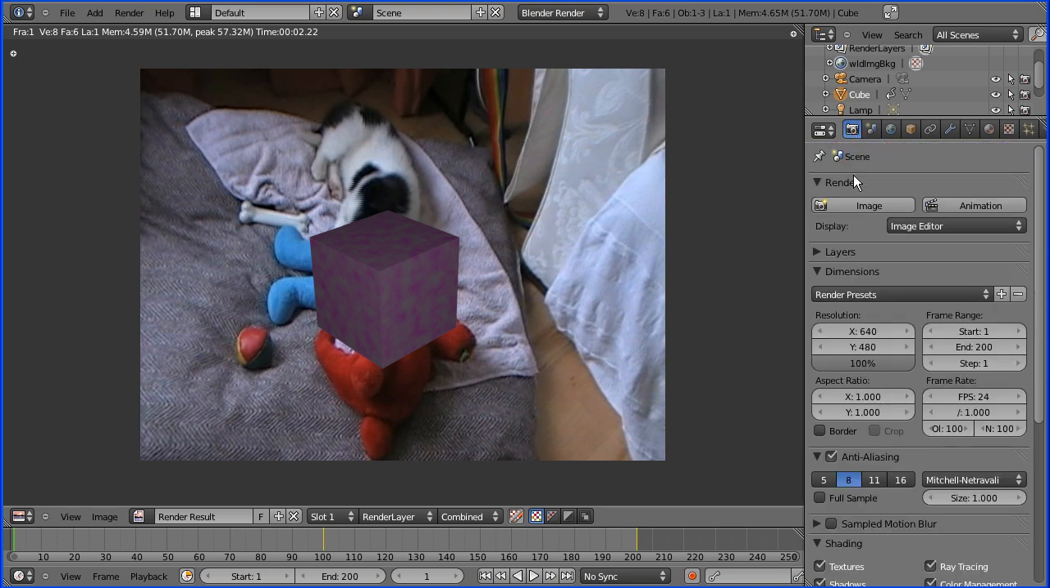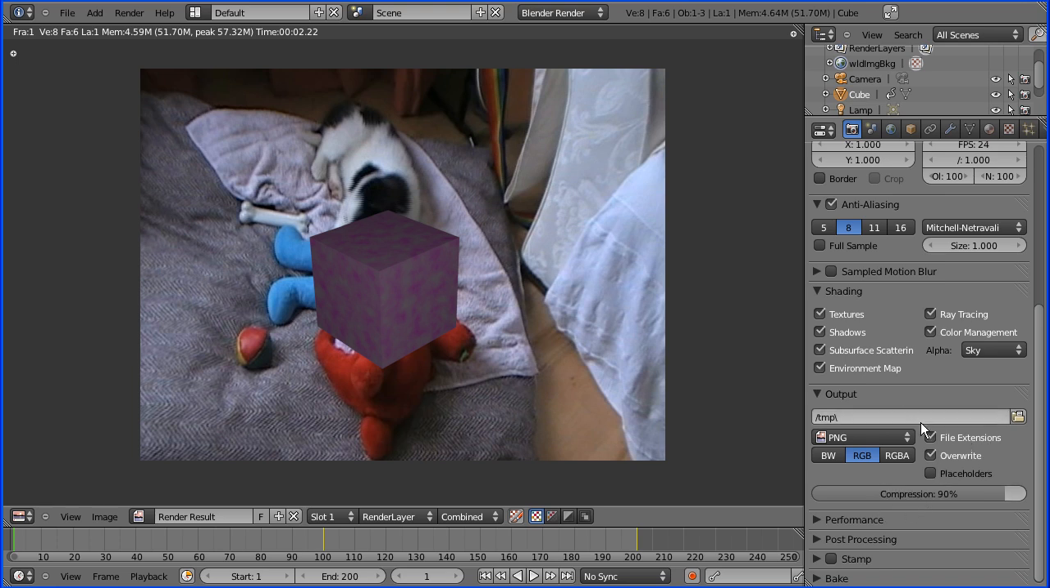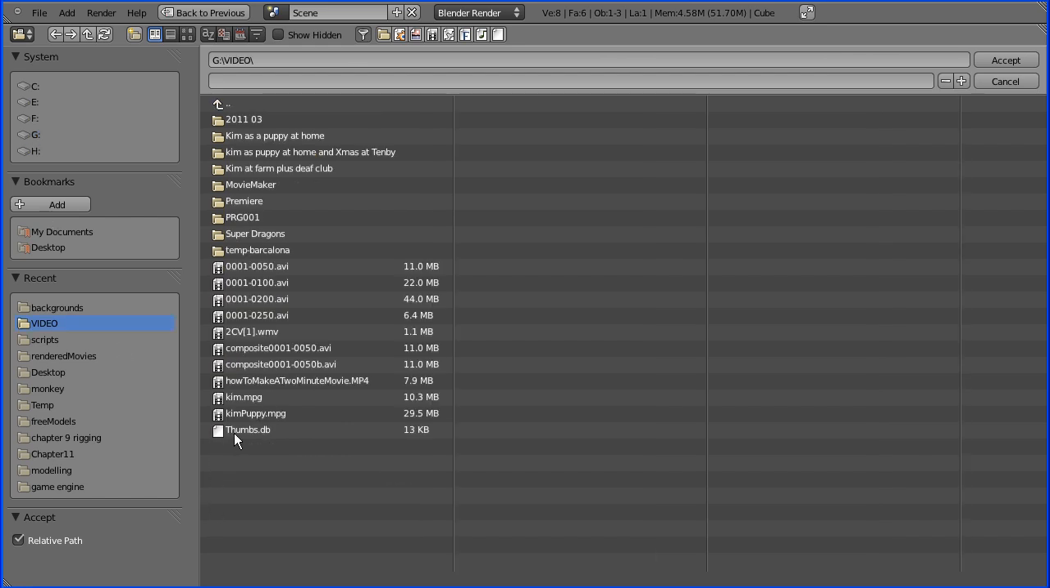Now I need to go into the render button, and before I render animation I need to set a few settings here. This is quite a low res video clip, so I'm going to halve the resolution. Put this to be 320 by 240. And I need to say where I'm going to save the file. So if I save that in my video folder and give the file a name,